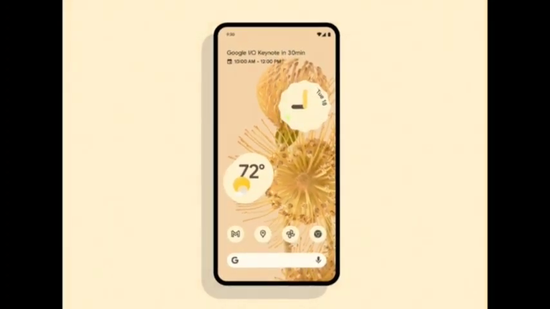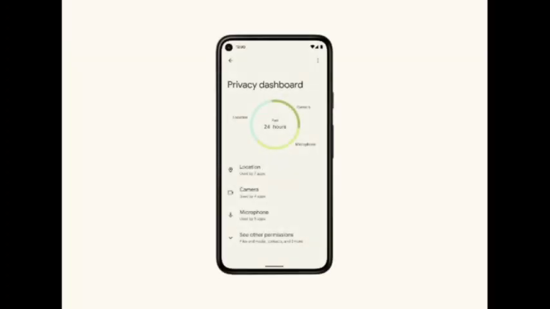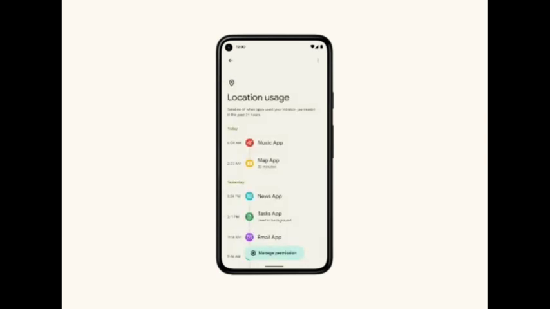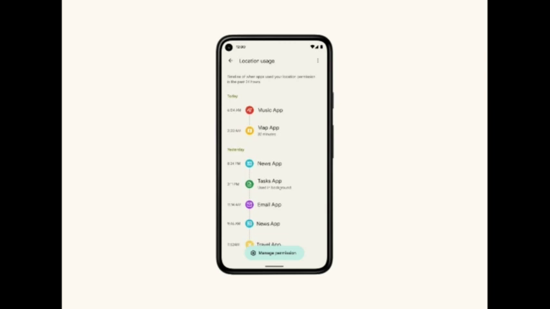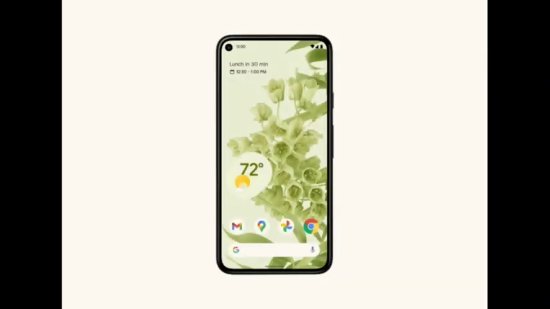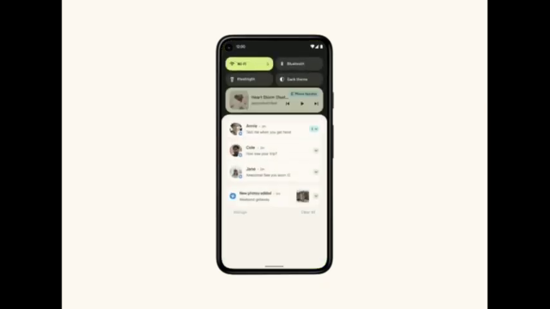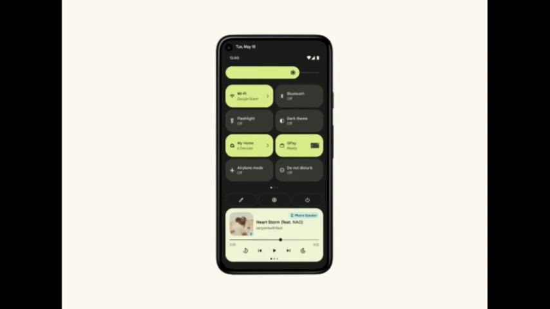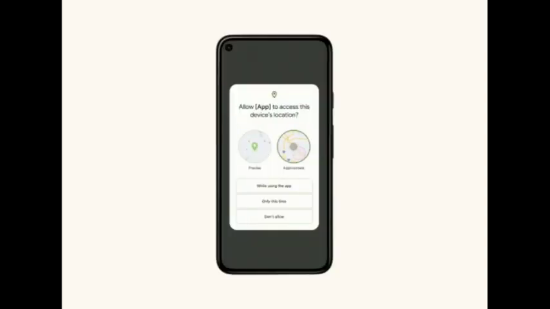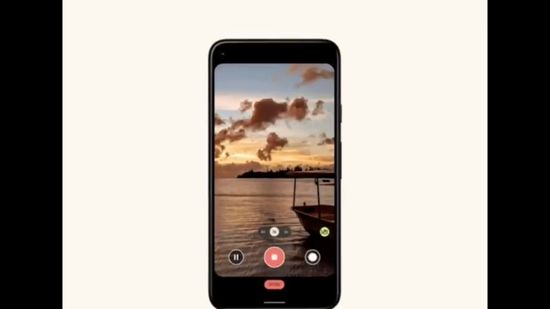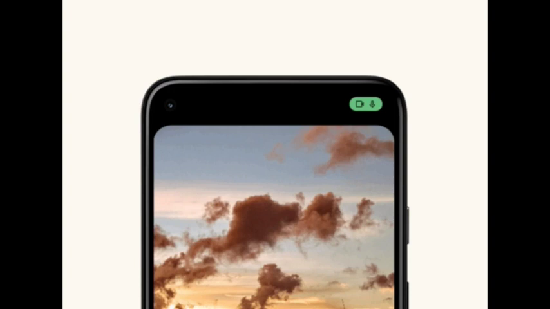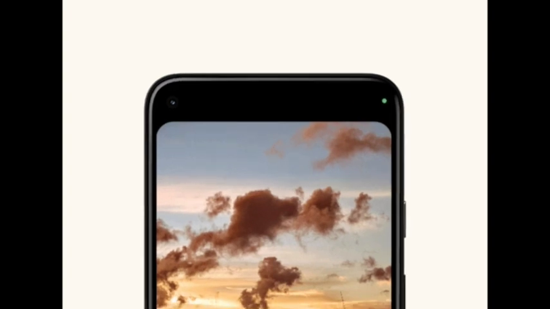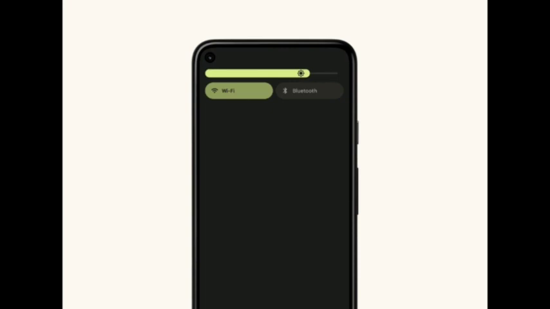Beyond these new privacy features in Android 12, we're also building privacy protections directly into the operating system. There are more opportunities than ever before to use artificial intelligence to create helpful new features, but these features need to be paired with strong privacy. That's why in this release we're introducing Android Private Compute Core. It allows us to introduce new technologies that are private by design, allowing us to safeguard your personal information, private and local to your phone.